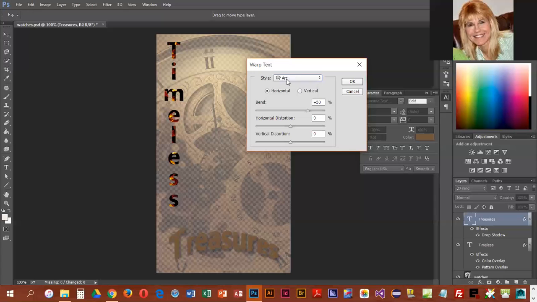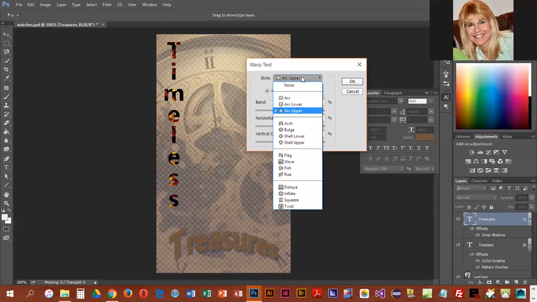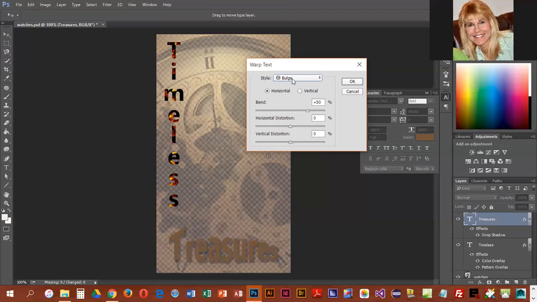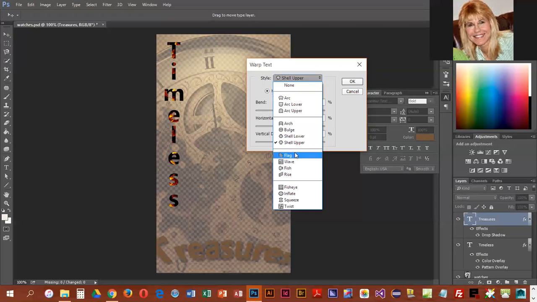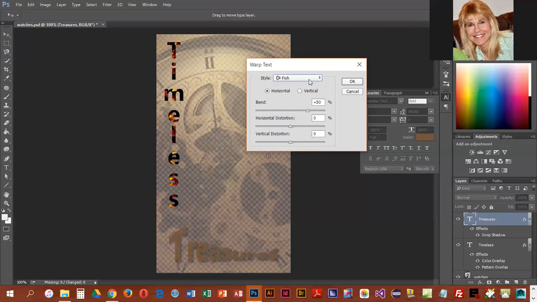I like to scroll with the mouse, but how this scroll works is it only lets you scroll within a section. So I can scroll through these three. If I click on this, I can scroll and look at everything in this section, but that's it. Same with this. I can scroll within this section, but I can't really scroll anywhere else. And what we are going to be selecting